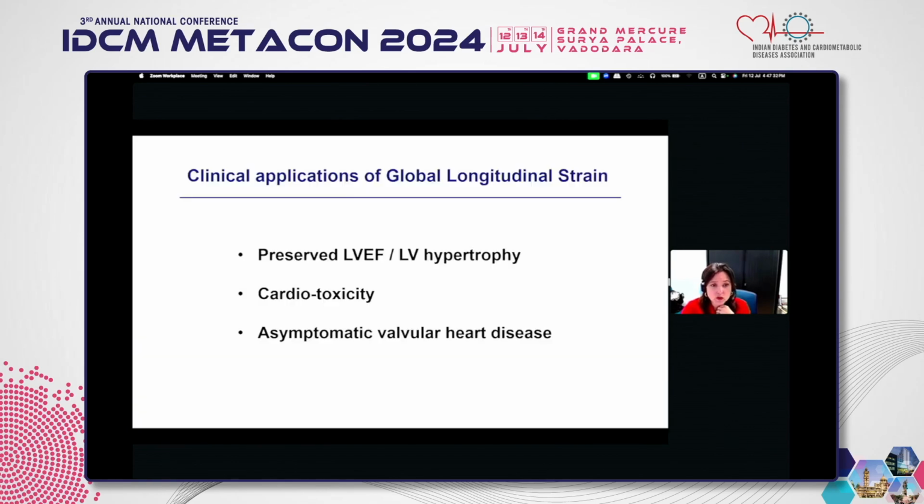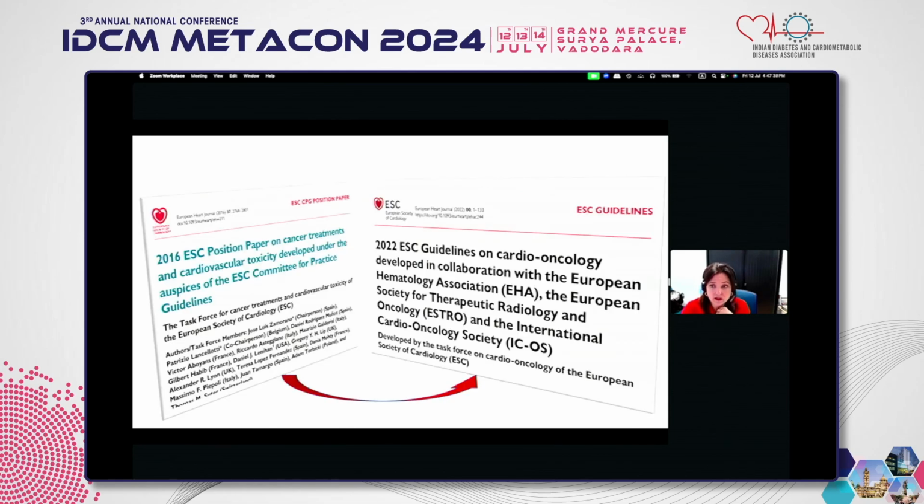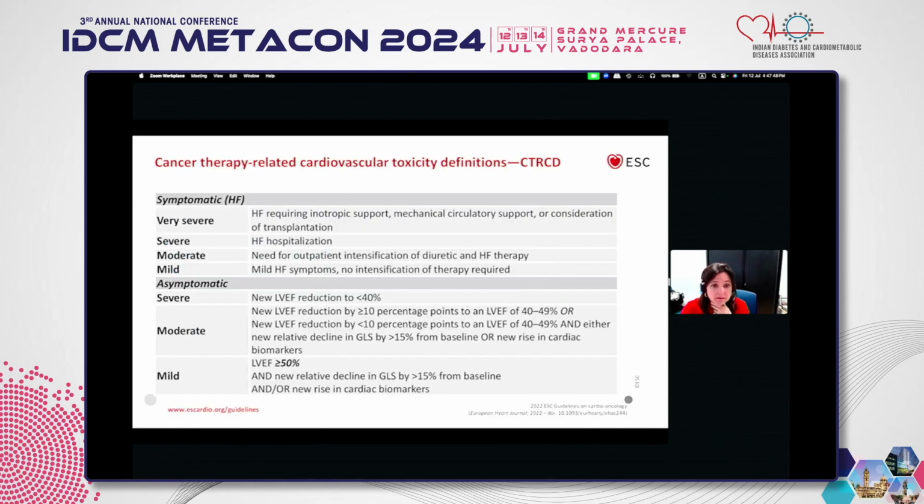The same concept goes for cardiotoxicity. This is also a very important topic. More recently, we had the new ESC guidelines, which for the first time gave indication of how we should follow patients undergoing chemotherapy. And as you can see here in the recommendation, for the first time in the guidelines history, we